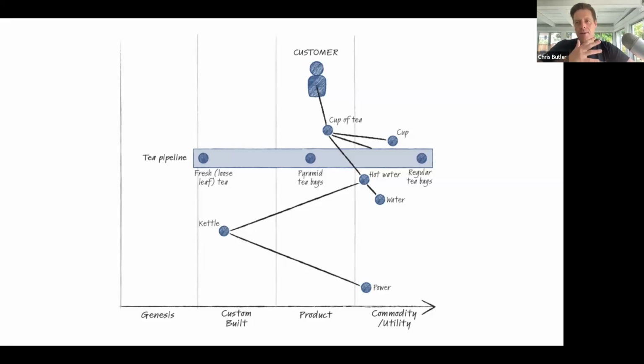There's a lot of nuance that we can start to understand about this, which is to really make a cup of tea. And then inside of this, you can see that there's a cup over here that is necessary. There's hot water, which has to come from regular water. There's some spectrum of tea bags or tea that we can end up using. There's a kettle and there's power.